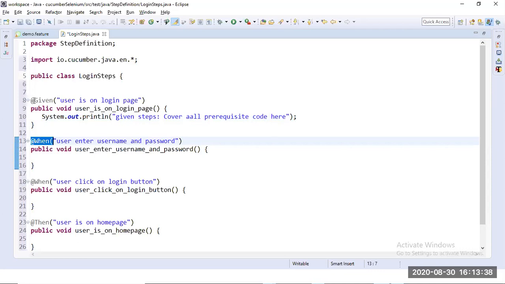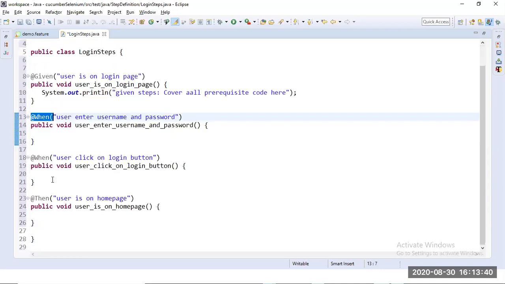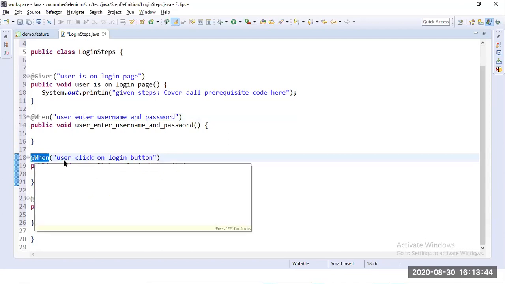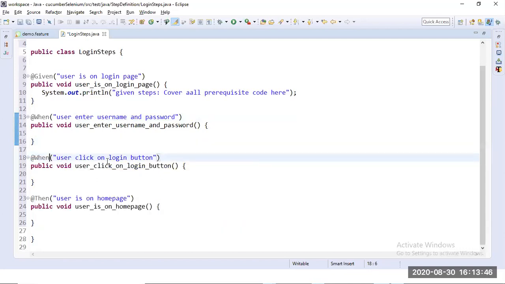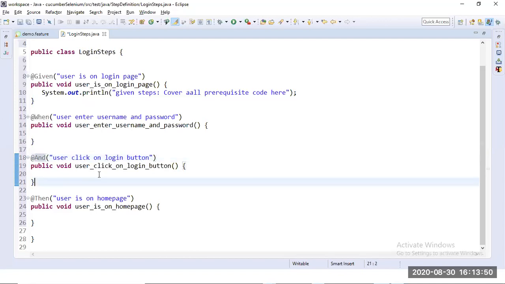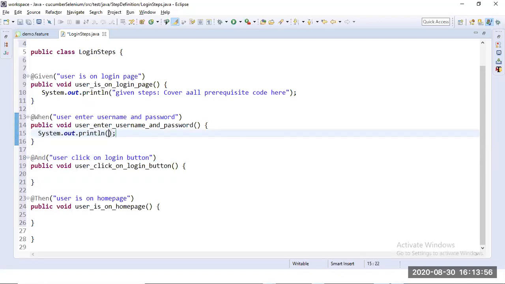Followed by given, an and condition will be treated as a given only. So this is and. You can write and here, you can write when, or you can write it like this, not an issue.